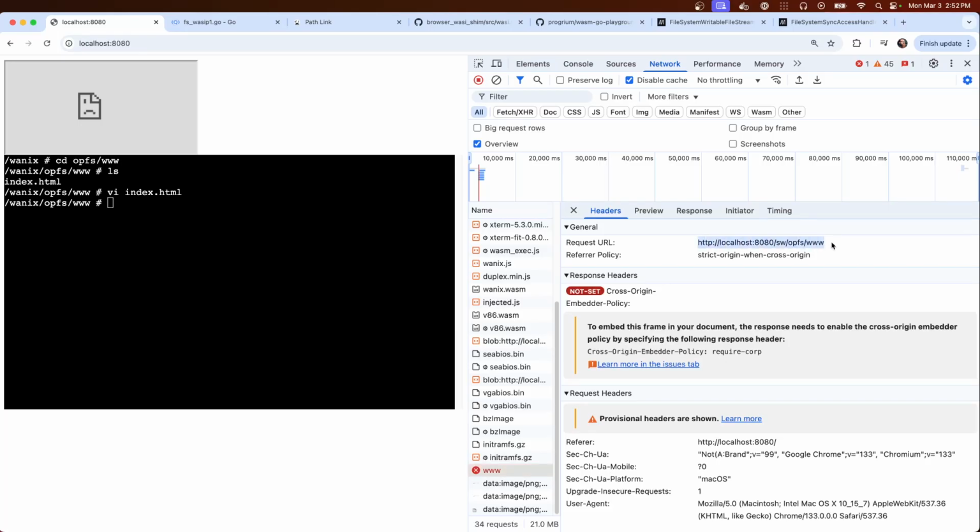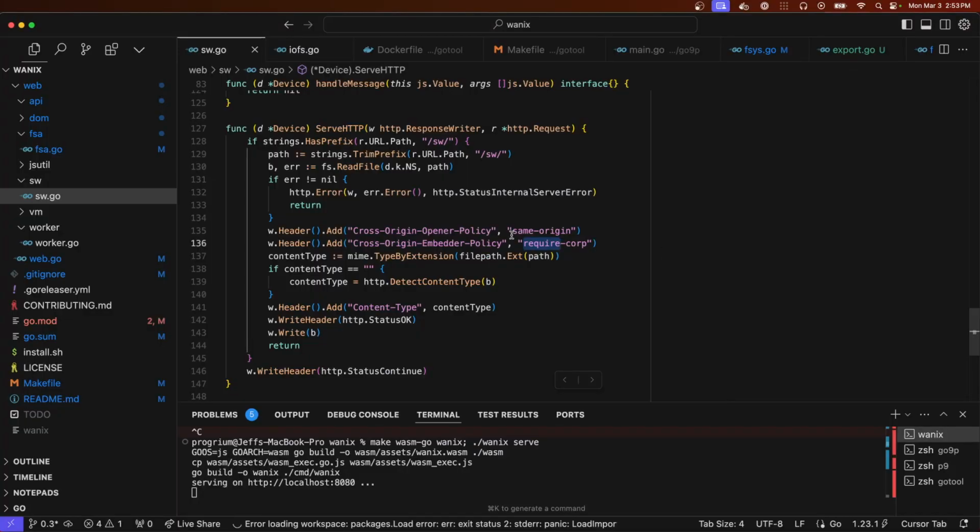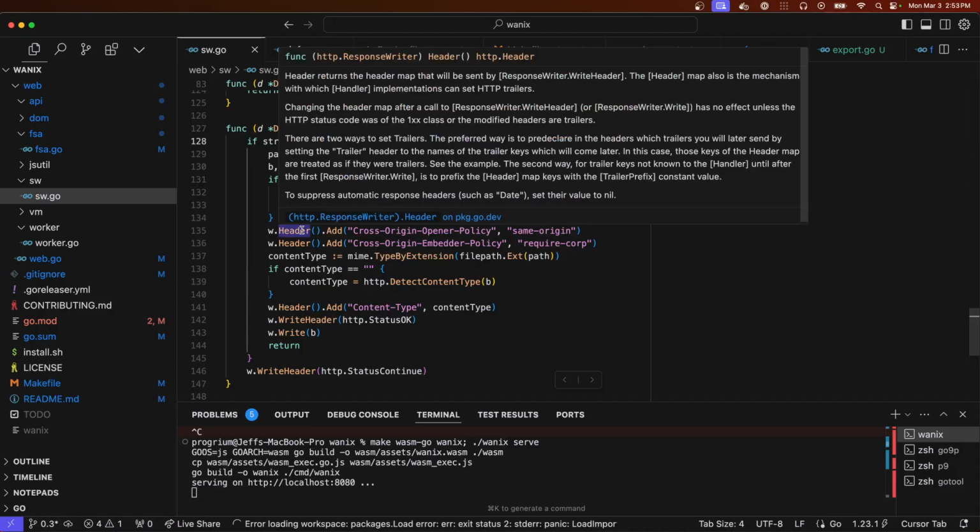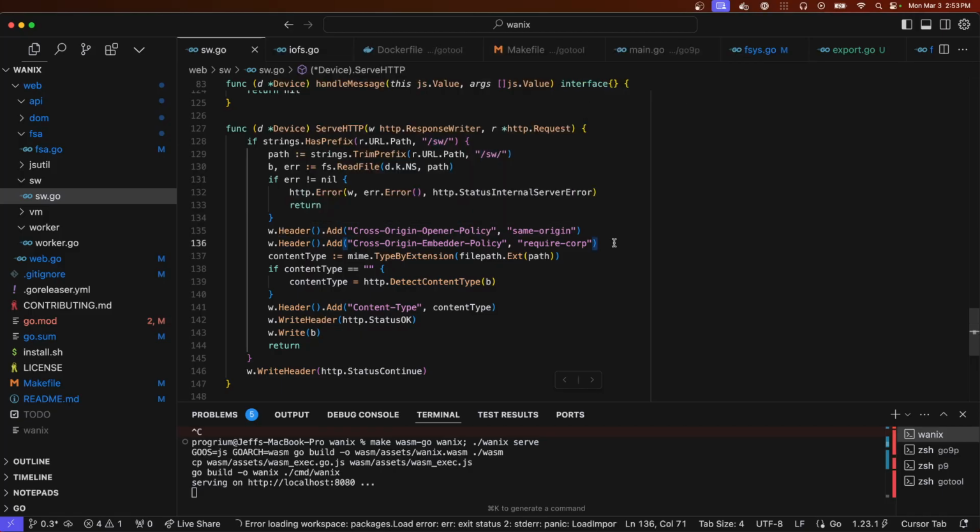Man, I wish I could curl this at some point. Maybe I'd be able to here, but if it starts with SW, it's got those.